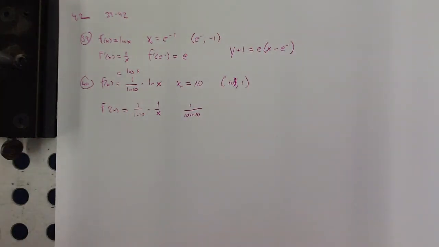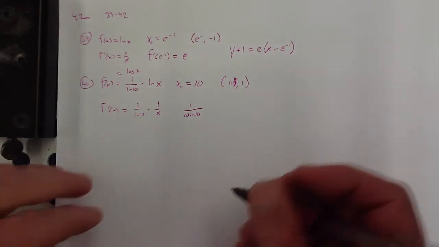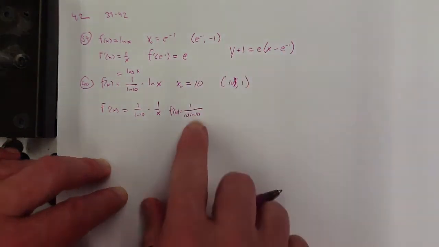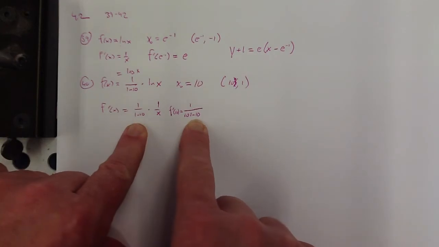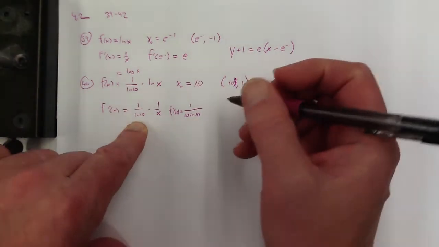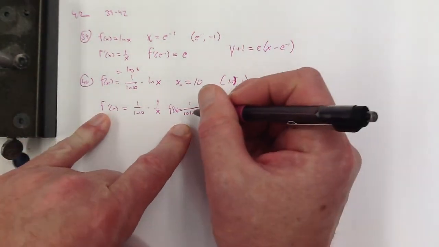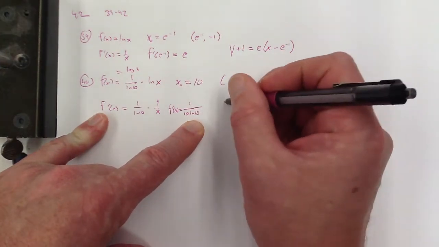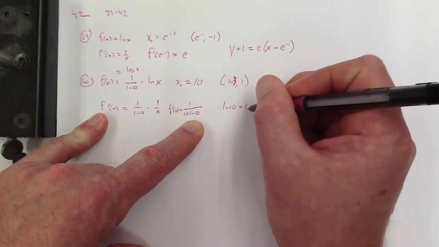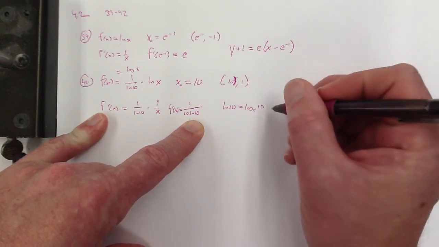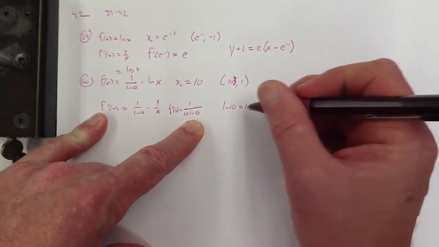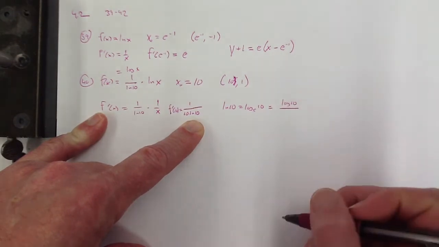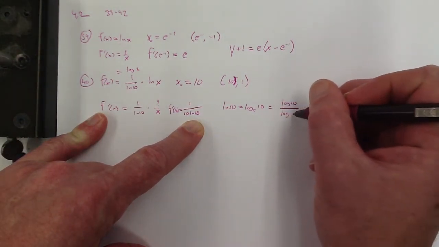Right? And if you wanted to change that back to log base 10, it would be kind of consistent with the presentation of the problem to do that. I'll go ahead and do that just for practice. So if you wanted to change natural log of 10, that's the same as log base e of 10, right? Which is, if you think about the change of base rule, the log of 10 over the log of